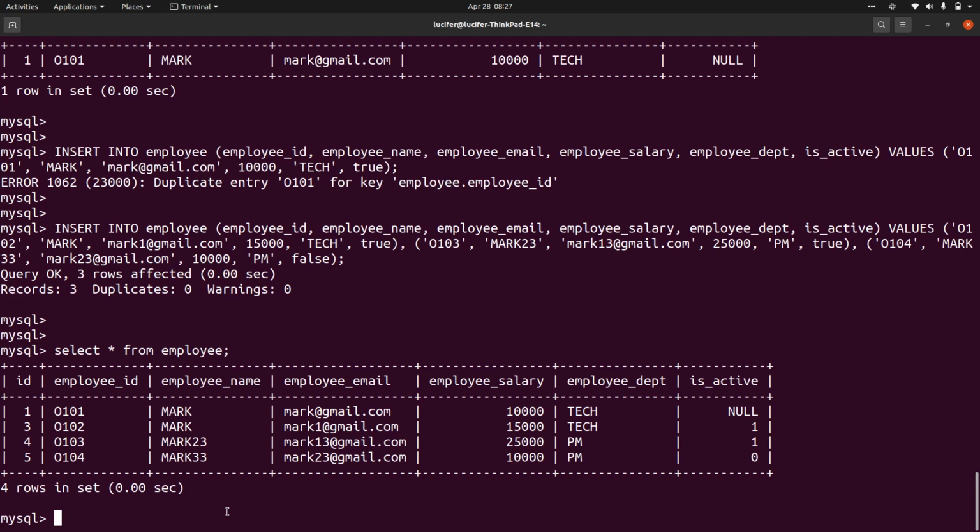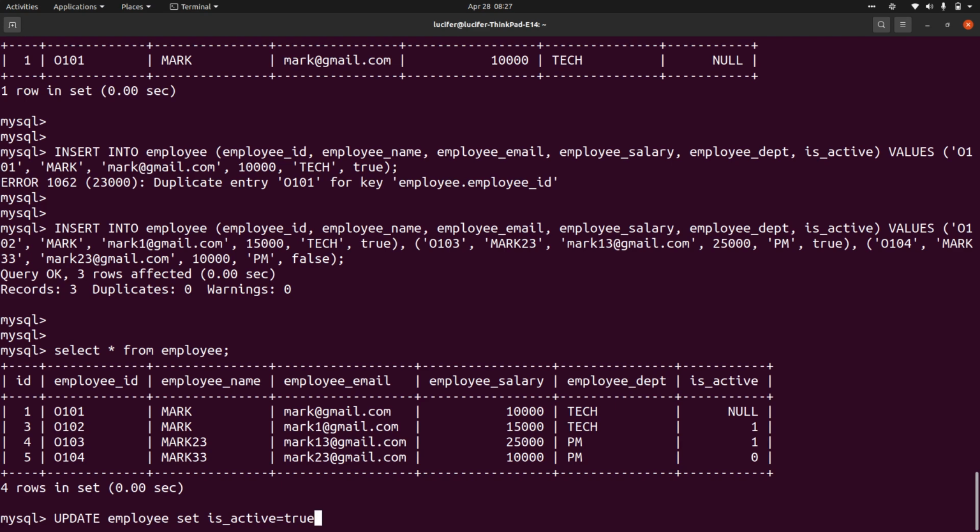Similar to insert, update. Give the table name, we are updating this particular table, and we are setting some values. Set is active equal to true. But if I do this, it will set is active to true for all the records, because we are not saying that we only have to update certain records.